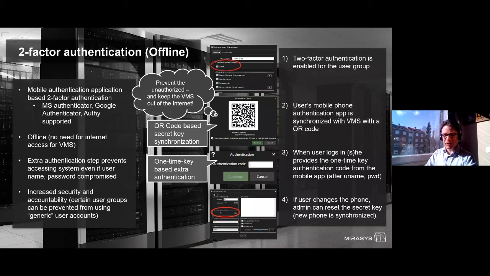In our case, we have implemented this via a cell phone-based authentication application, which will improve the accountability and identification of users, for instance, preventing large problems in case that